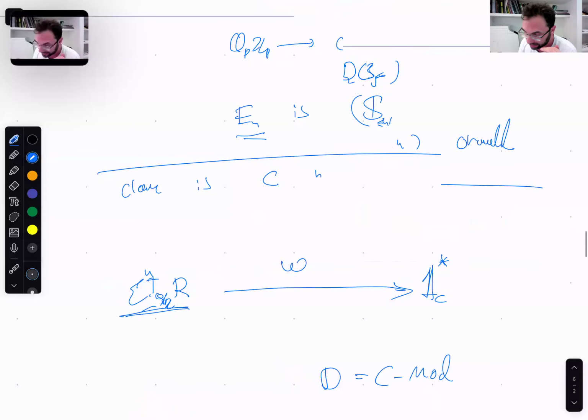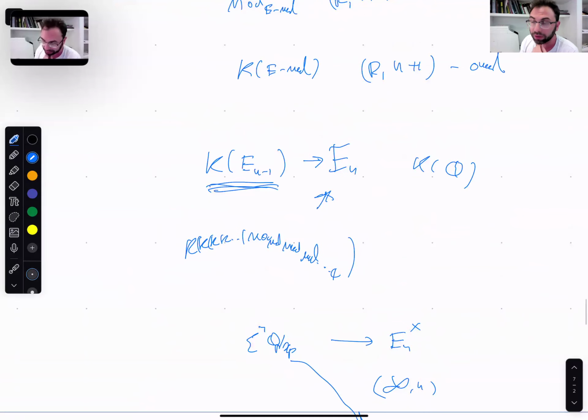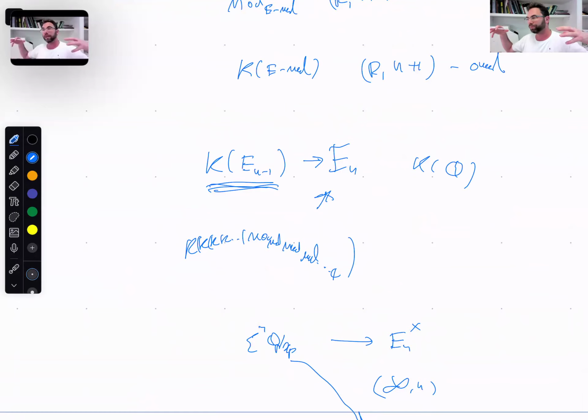So what I'm saying is that you should think about the K theory, those things like En, as something that admits a map from the K theory. So every En-1 module gives you a point in En via this map. But maybe there's more information there. Maybe you did some kind of an extension or something. So this is not this. The important thing is the existence of this map. You already have the Fourier transform over this ring, but this ring is usually something that in most cases you don't really have access to. There are some cases in which you do. But generally speaking, you should think about this as